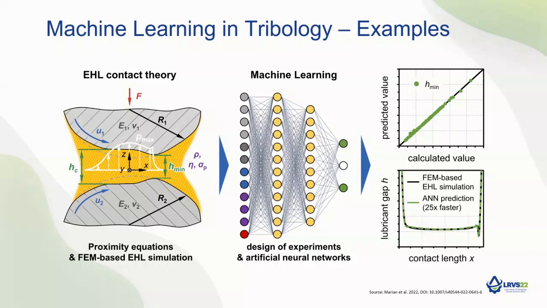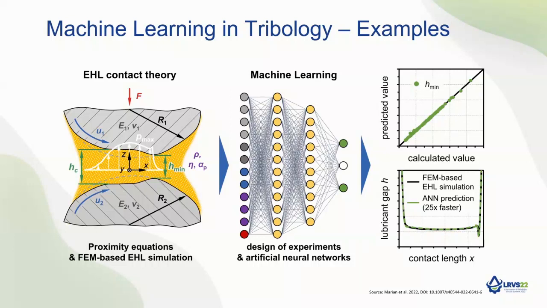The first example is for training machine learning algorithms based upon a numerical database to predict the behavior of so-called elastohydrodynamically lubricated contacts, which we can find in concentrated rolling-sliding contacts of machine elements such as gears or rolling bearings, where the components' elastic deformation and the lubricant's hydrodynamics are superimposed. Thereby, we were able to demonstrate that using geometry, material and lubricant input parameters, ML approaches such as artificial neural networks that we can see in the center of the slide can predict relevant film thickness parameters more efficiently compared